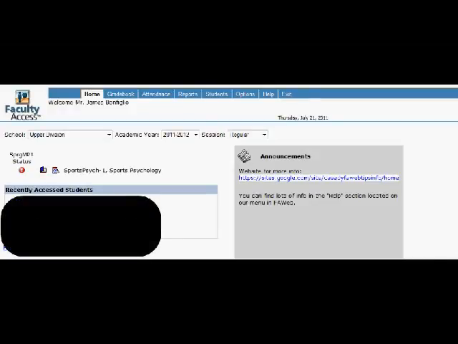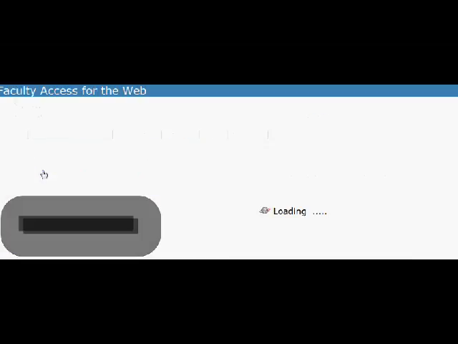In order to put assignments in one's gradebook, first we need to set up categories. Categories are the groupings of the assignments in a particular class. To set up categories, we'll open up our gradebook,